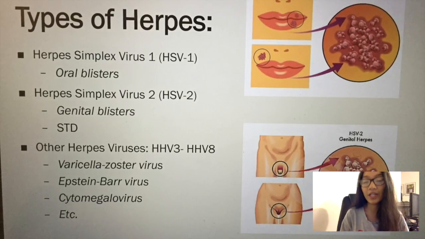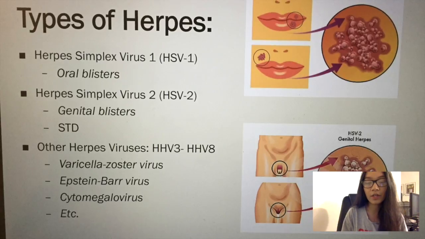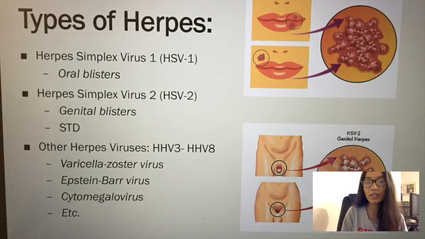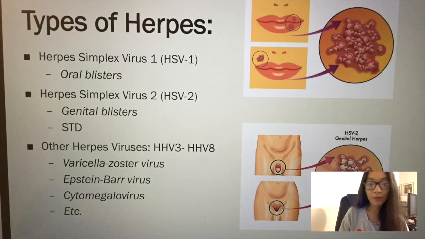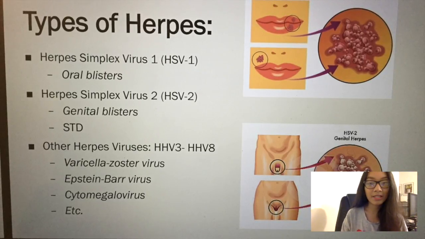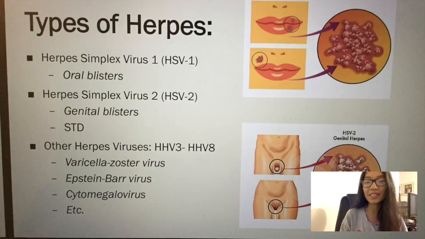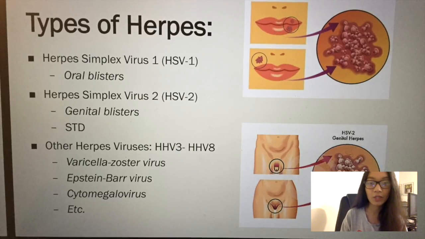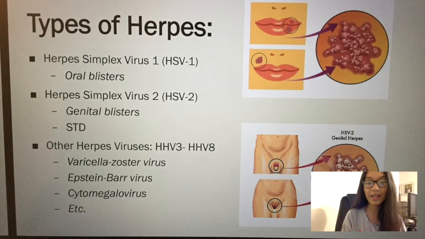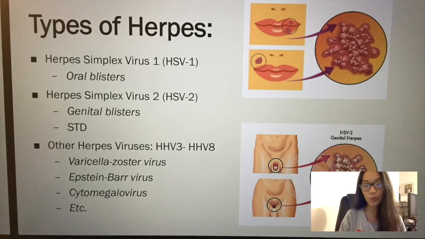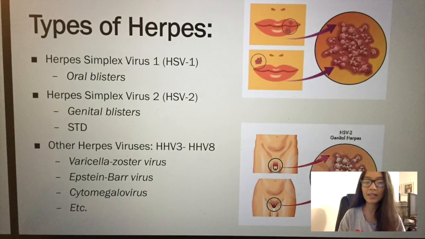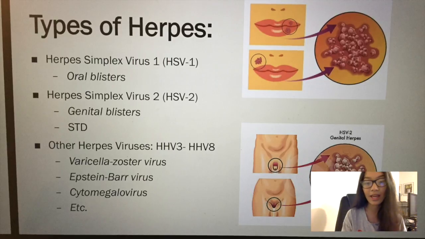There's also HHV3, which is the varicella zoster virus associated with chickenpox. There's HHV4 and HHV5, which are commonly associated with the disease mono. There's HHV6 and HHV7, which cause roseola. And then there's HHV8, which causes Kaposi sarcoma, which is a tumor that is commonly found in people with